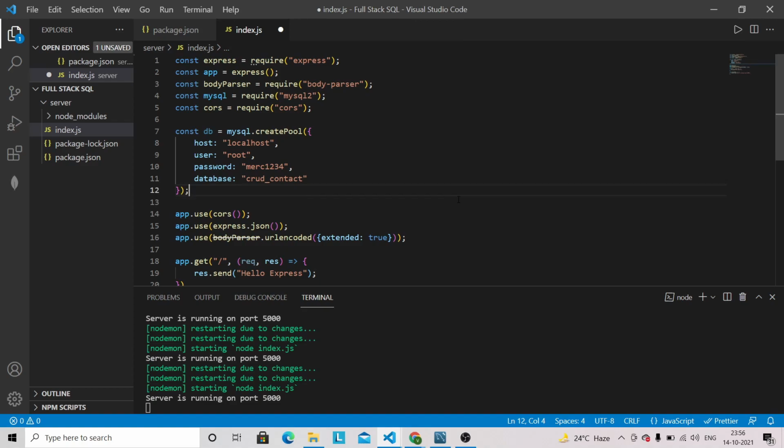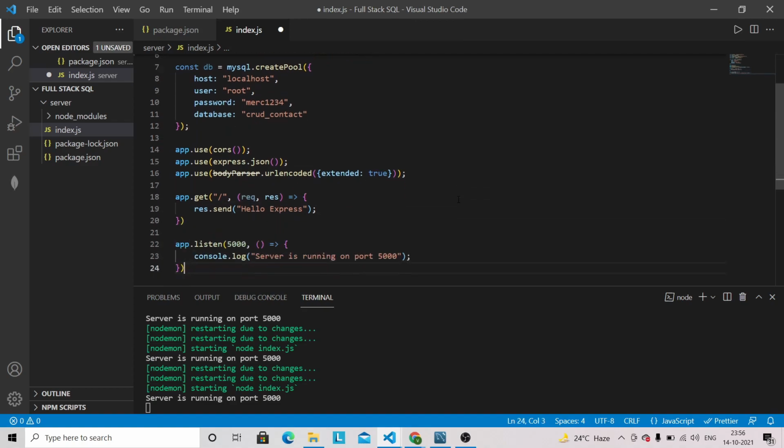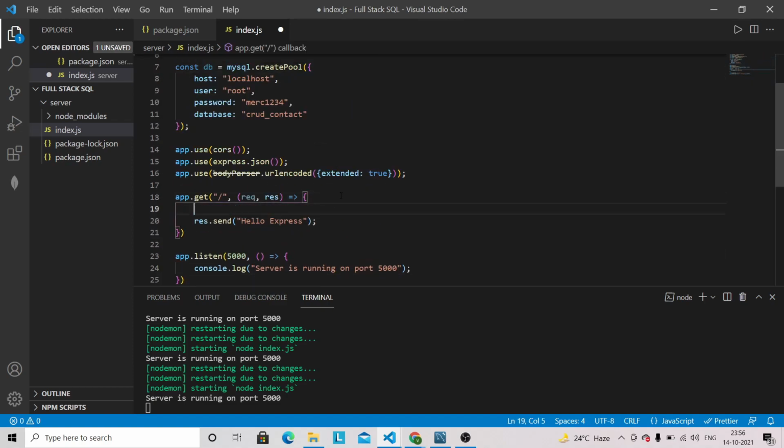Now, in order to verify whether this connection is working or not, we can send one piece of data from this route. So let's do that one. We can use const sqlInsert, and we can write a MySQL query here.